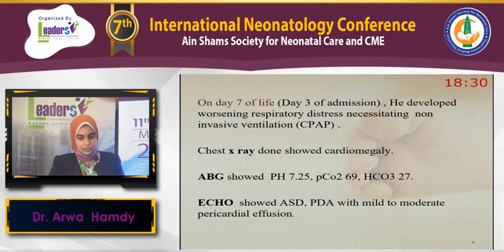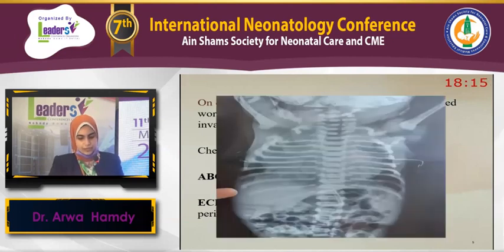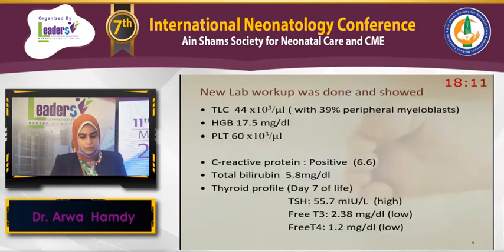His ABG showed respiratory acidosis with pH 7.25, CO2 69, and bicarb of 27. And his echo showed ASD, PDA with mild to moderate pericardial effusion. This was his X-ray. His new lab workup was done and showed total leukocytic count of 44,000 with appearance of peripheral myeloblasts 39%. His hemoglobin was 17.5 milligram per deciliter with platelet count of